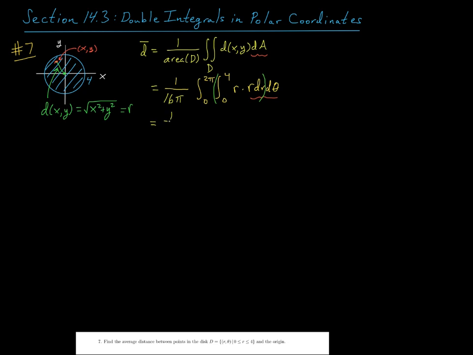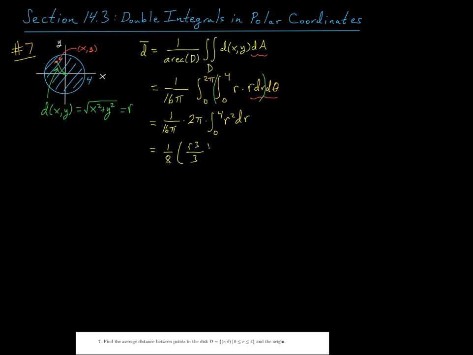So in fact, I'm going to get 1 over 16 pi times 2 pi, that's coming from the theta integral, times the integral from 0 to 4 of r squared. Okay, so this is going to give us an eighth,